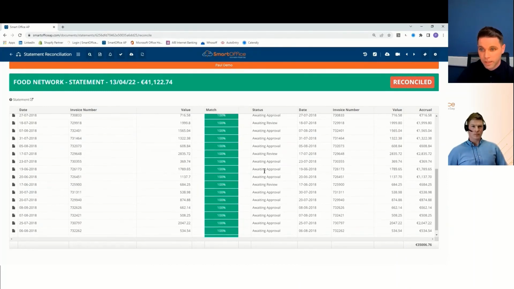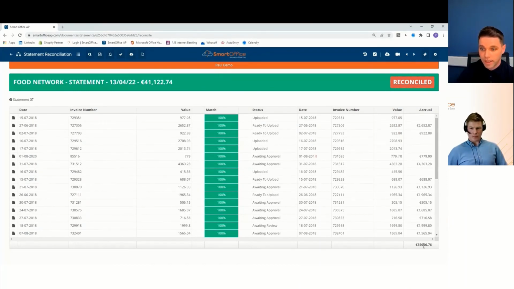And what we'll give you very, very quickly is your payment value and your accrual value directly for your accounts package. If there was an item missing out of here, we would also highlight that immediately. It would flag up as 0, and you'd have a button that would request information back to the supplier. With one touch of a button it will auto-generate an email back saying on statement number 1234, invoice number 729351 is missing, and we'll give that supplier an upload link for them to upload this invoice for approval, or upload an amended statement, which will supersede this one here and remove that line item.